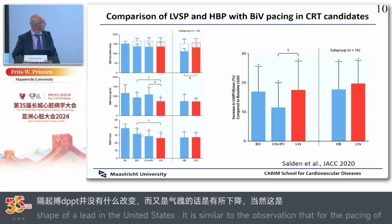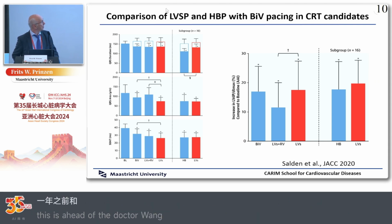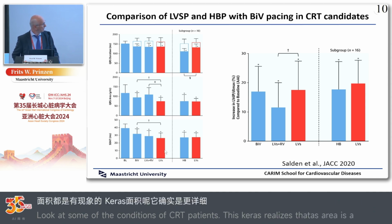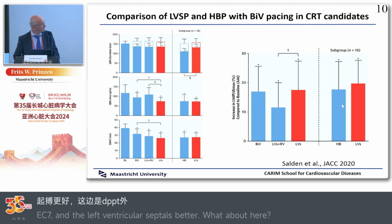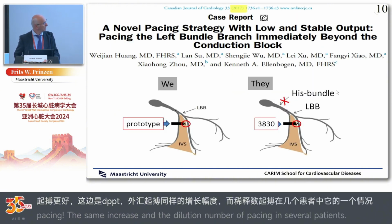But we also continued to study acute hemodynamics in CRT patients. Here we see the decrease in QRS area, which is a more detailed measurement, which is better than biventricular pacing. This is ECG imaging, where left ventricular septal pacing is better. This is dP/dt again, the same increase as biv pacing, and notice also the same as His bundle pacing in a couple of patients. But then again, and this is indeed the famous case report of Dr. Huang in 2017,